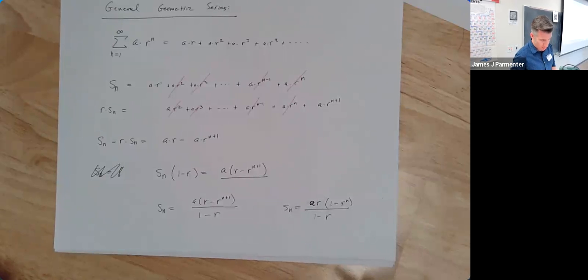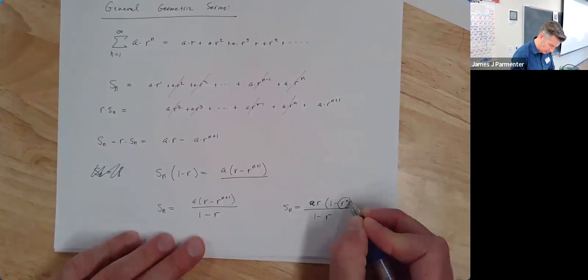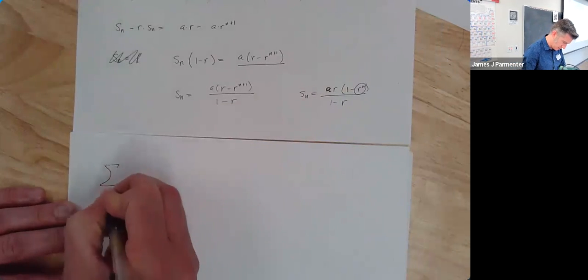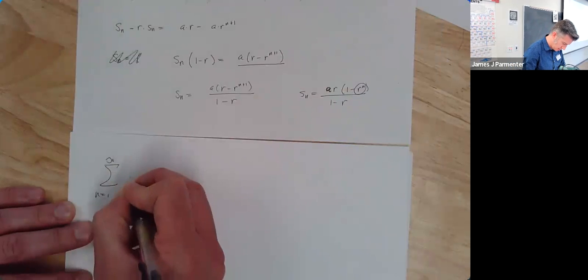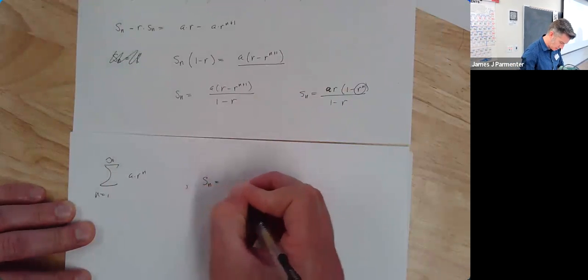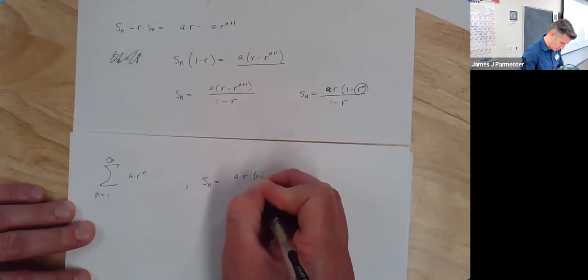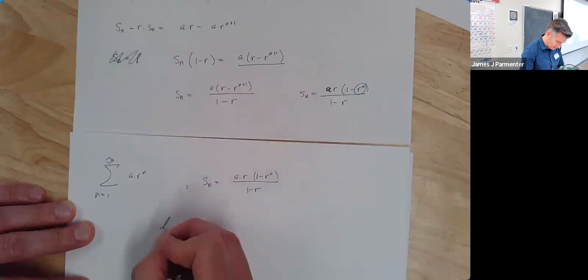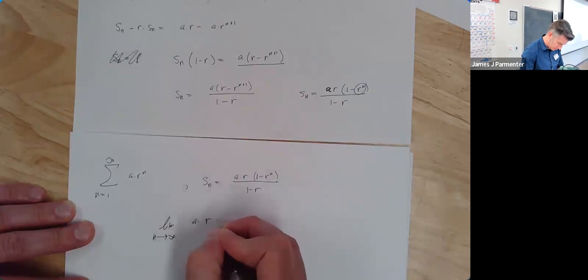Okay, if I want to take the limit of this, the only part that really actually matters is going on right there. So here's what's kind of neat. So for this series, n equals 1 to infinity of a times r to the n, the nth partial sum is a times r times 1 minus r to the n over 1 minus r. If I take the limit, n goes to infinity of this thing,